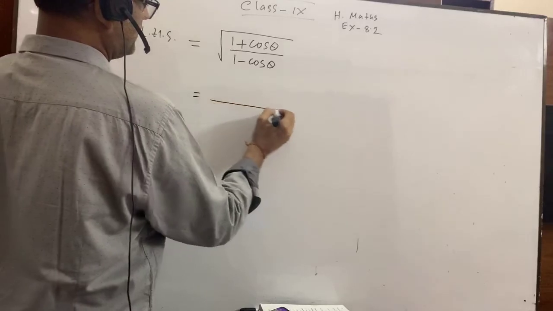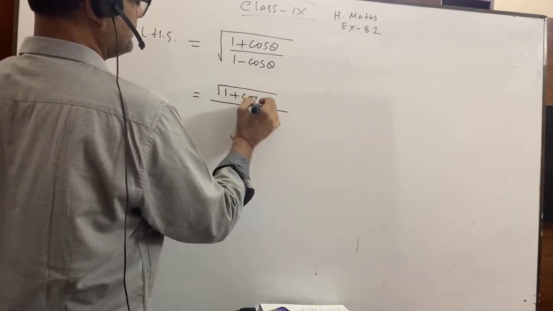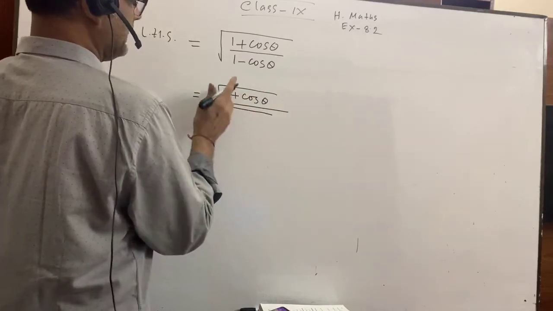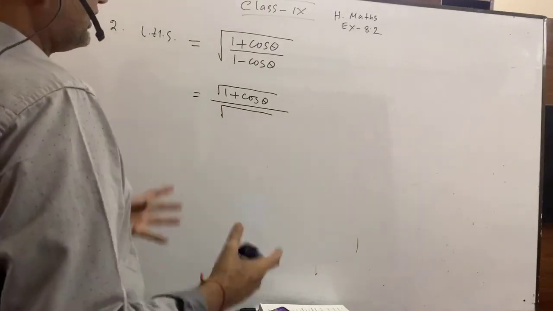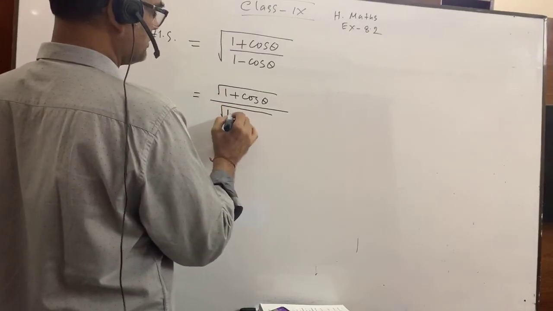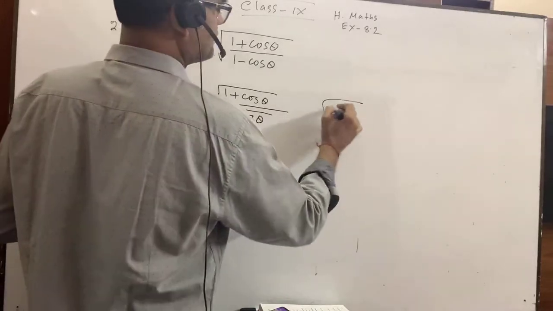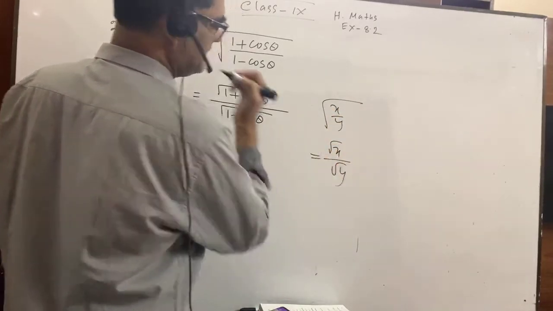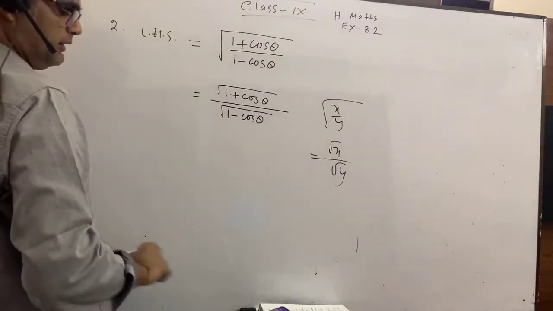That is, we can write here root over 1 plus cos theta. Again, in the numerator, as we have written root over 1 plus cos theta, in the same way in the denominator we will write root over 1 minus cos theta. That means suppose root over x by y, can't we write root over x by root over y? In this way we have written. Okay. Same thing, same meaning. Now you see,